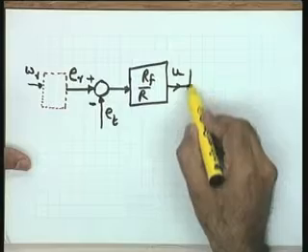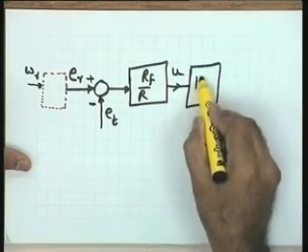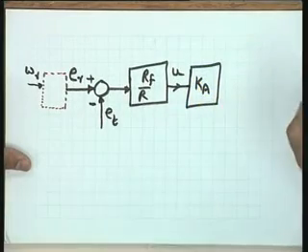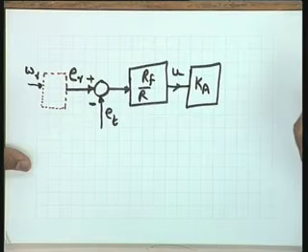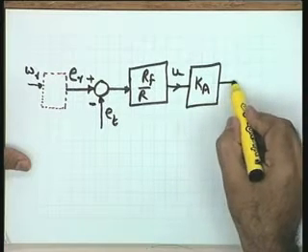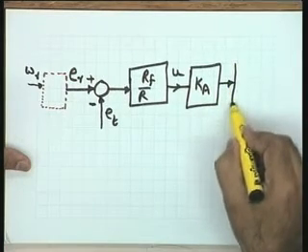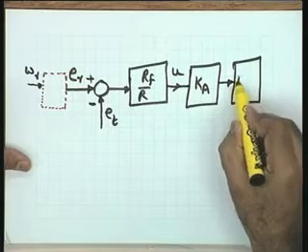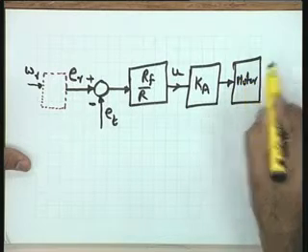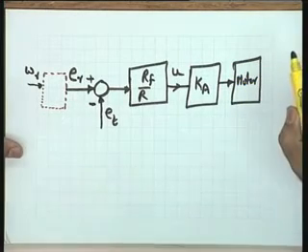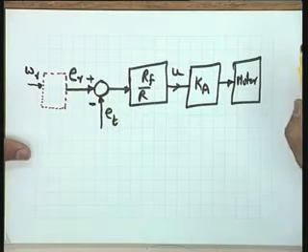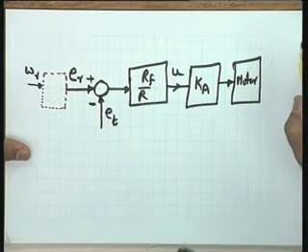So, what you do is you simply add here a power amplifier Ka. Ka is the gain of the amplifier. Now, this power amplifier is able to drive the motor. So, what is the transfer function of the motor? I will see, but for the time being, let me say that this block is a motor block. Suitable transfer function of the motor I am going to use over here.